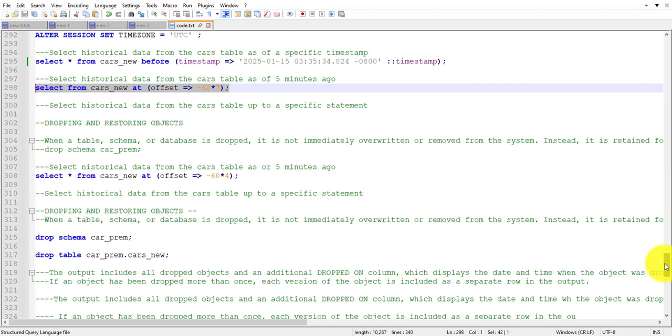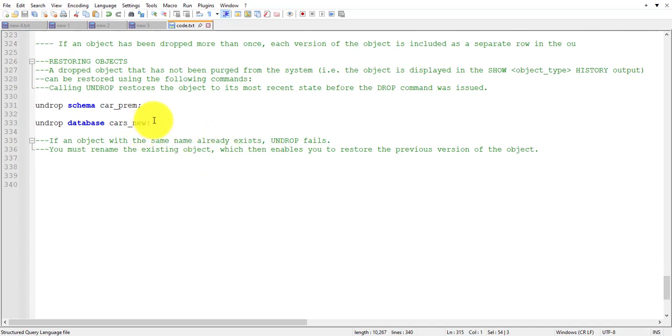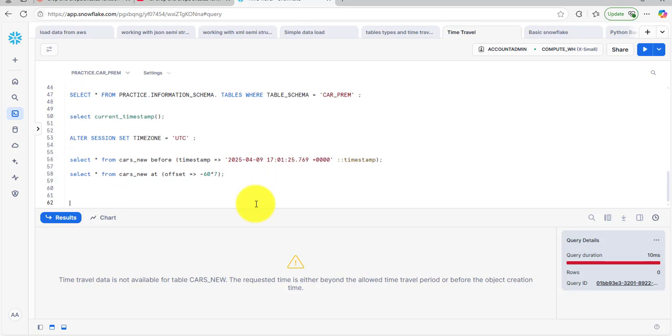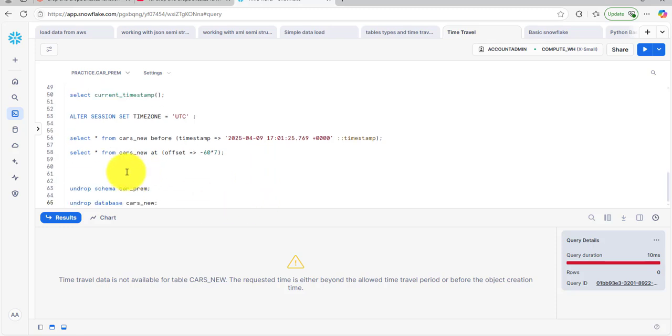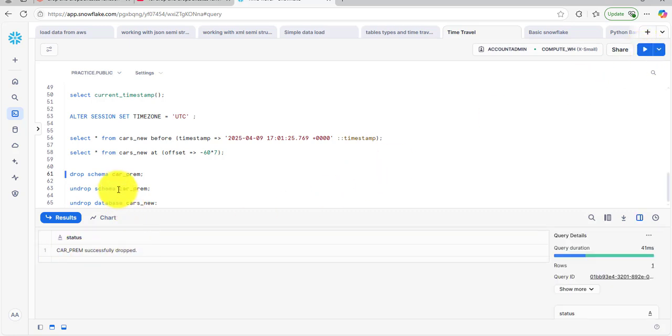So in time travel we can drop schema or undrop schema, drop table or undrop table. You can see from here. In time travel we can drop a table and undrop that schema or database. First of all, I drop the table, drop schema car prim, successfully dropped.